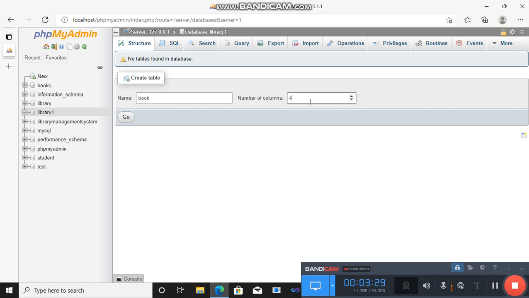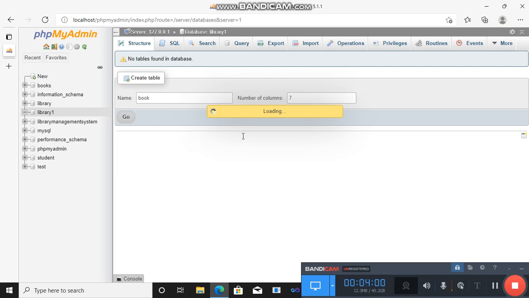In our lab program it is mentioned that to insert book information we should include accession number, title, author, publication, number of pages, price and availability status. So we have 7 columns. Give the table name as book, the number of columns as 7, then click go.